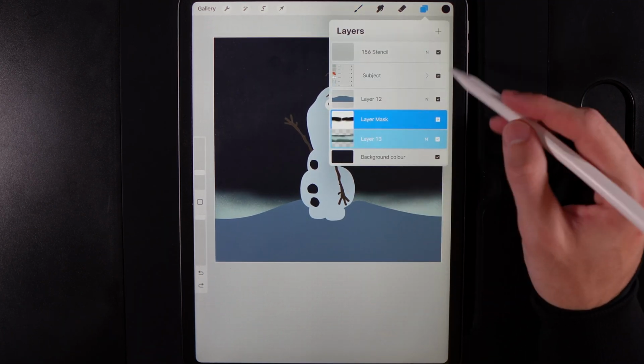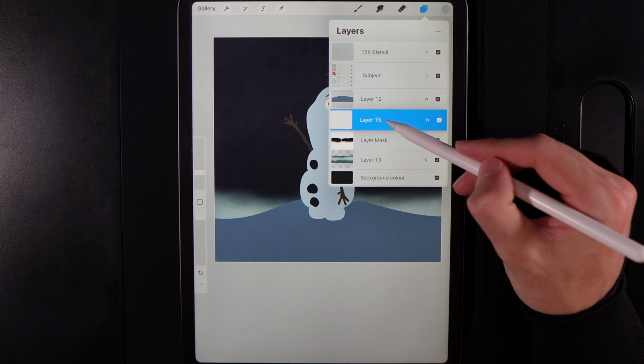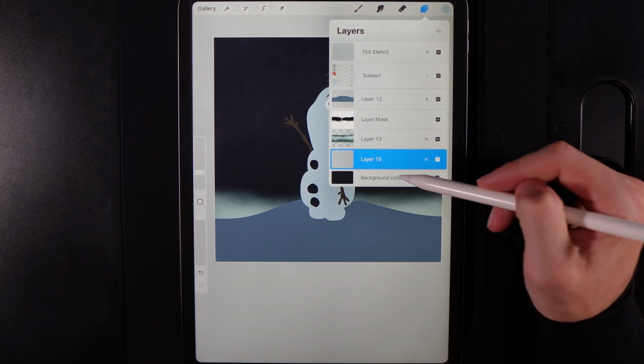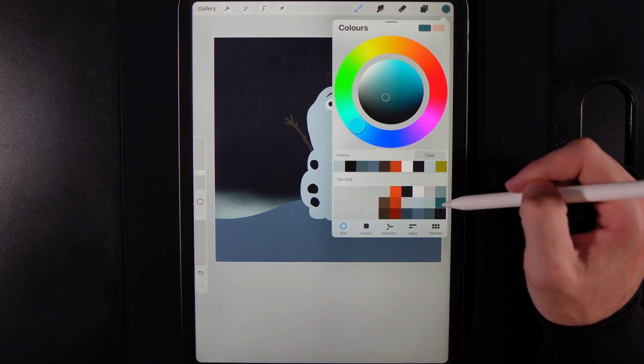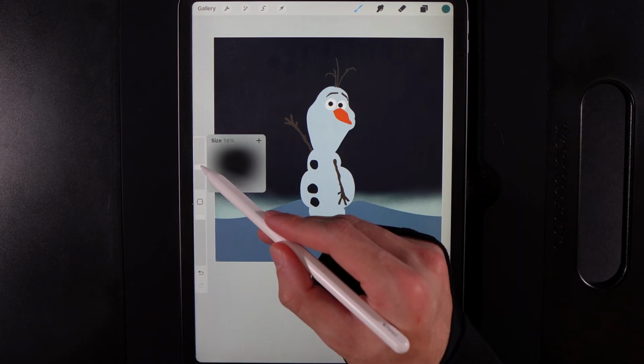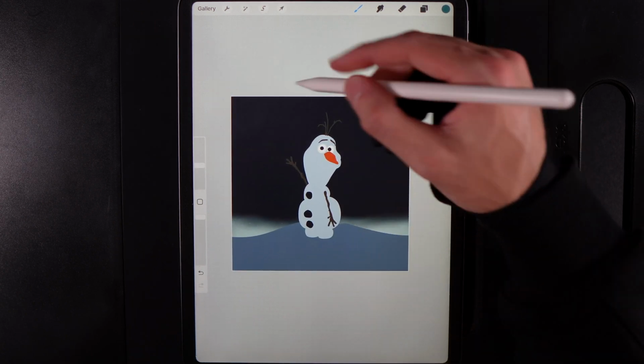Let's then go ahead and actually work on the background. So let's create a new layer and drag it underneath the one we were just working on. So it's going to be just in front of our background color. We're going to go to our colors and we're going to grab the middle color in the far right column. We're going to make our soft airbrush probably around about 20%, and we're going to kind of focus